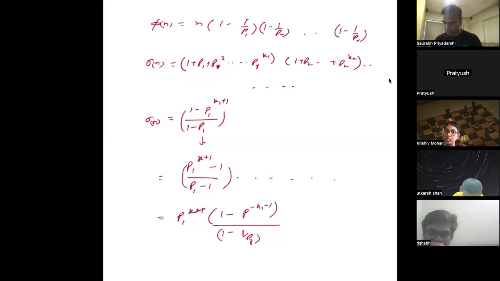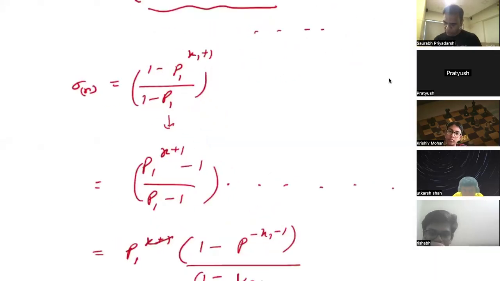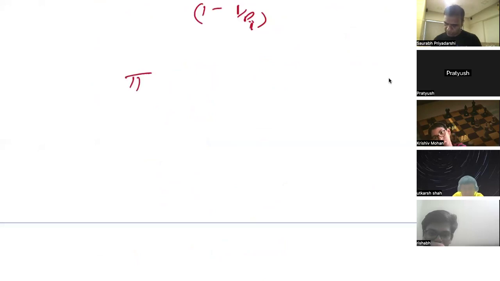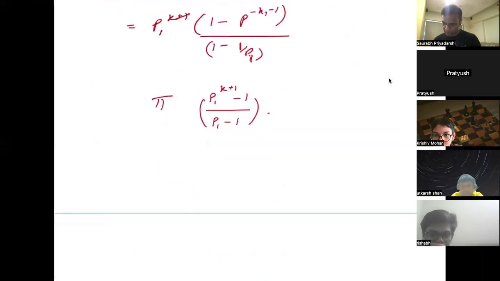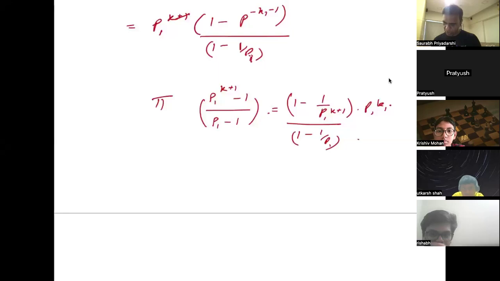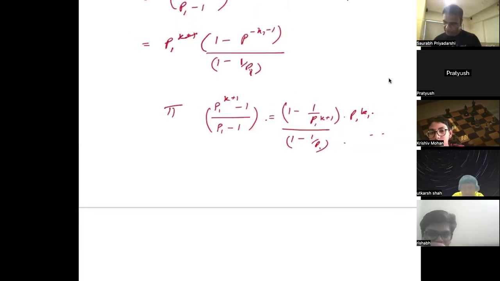The sum of this. So the product of this is p1 to the power k plus 1 minus 1 upon p1 minus 1. Right. If I take out this number, what I am getting is 1 minus p1 to the power k plus 1 into p1 to the power k, 1 upon 1 minus 1 by p1 and so on. So what we can say for this,